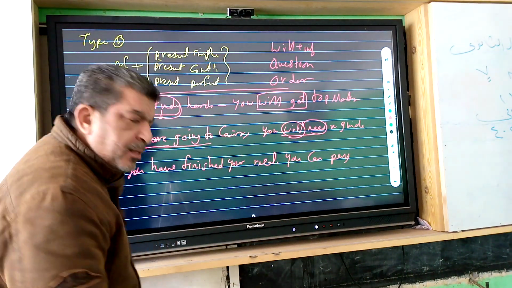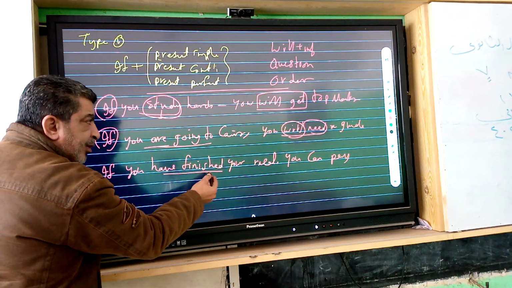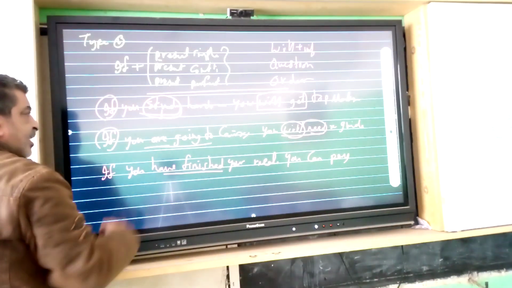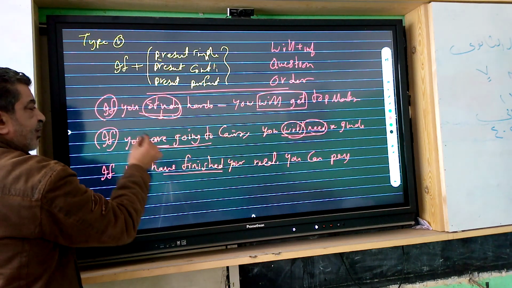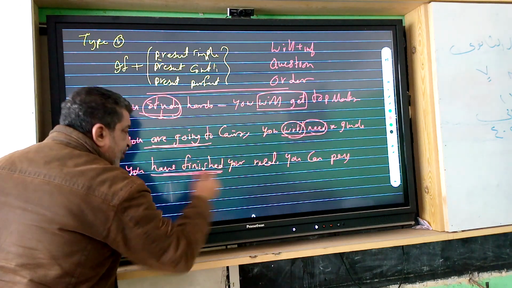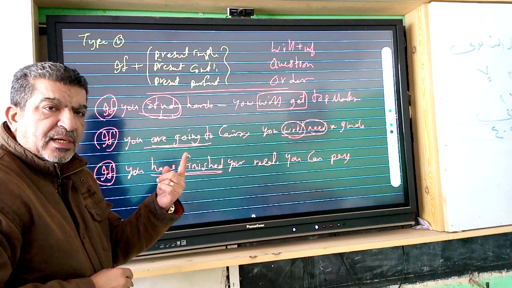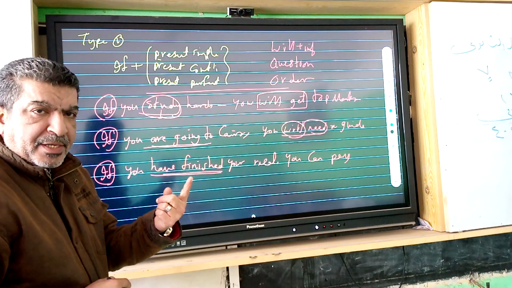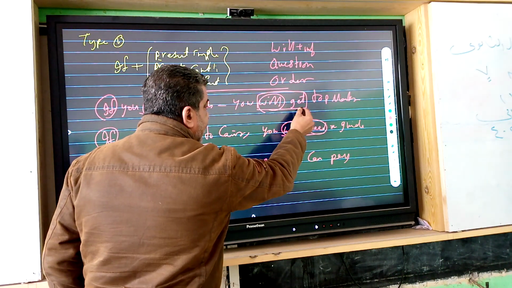Okay? Again, have finished, present perfect. So, the three cases: if present simple, if present continuous, if present perfect. It's all the if clause for conditional if type 1. Okay? Here, will plus infinitive,